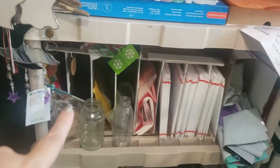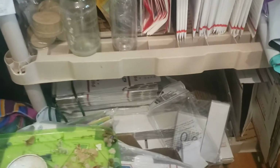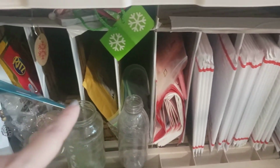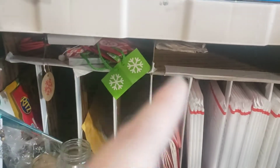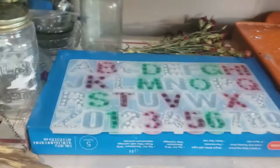So down here is my packing area, as clean as that is, and on the bottom I got more boxes. But I got my envelopes, my poly mailers, bubble mailers, boxes, Christmas fanciness. This is my in progress